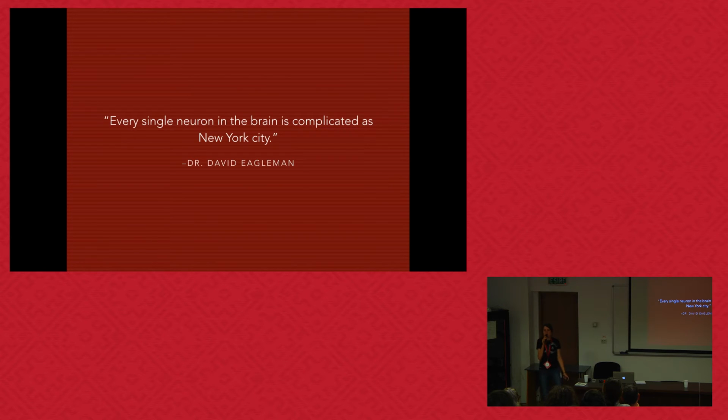As I said about neurons, every single neuron in the brain is as complicated as New York City. So imagine now how many connections, how many complicated things are here. When we just read a text, when we just write a line of code, a lot of things are going on in here. And that's the reason why it's so important to pay attention to neuroscience, to our neuro activity,